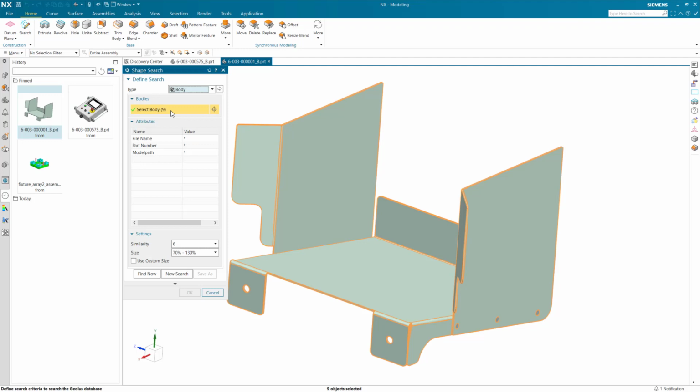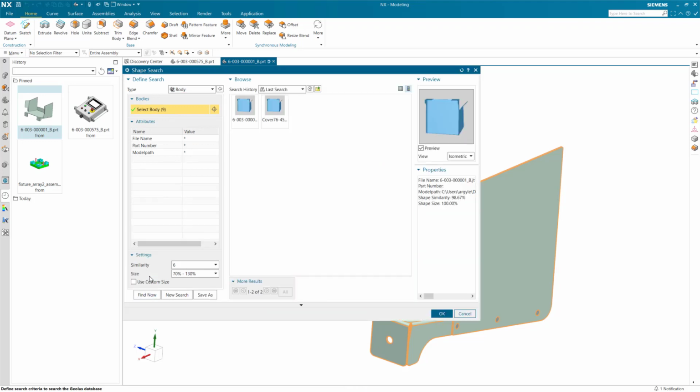What shape search can do is add them all together as though they were a single item and then do a search. And so you can see that the results have been found and their names are quite different. That is the power of shape search, not limited by names and how items have been filed.